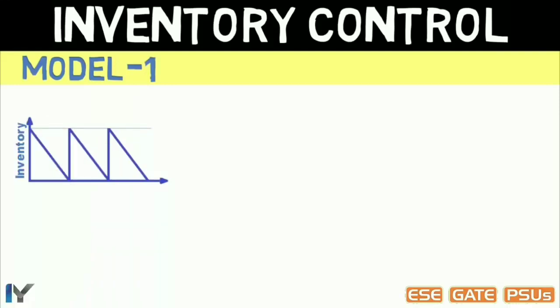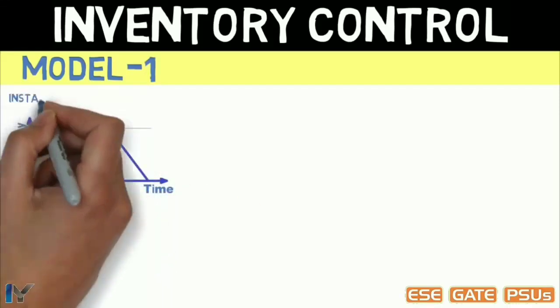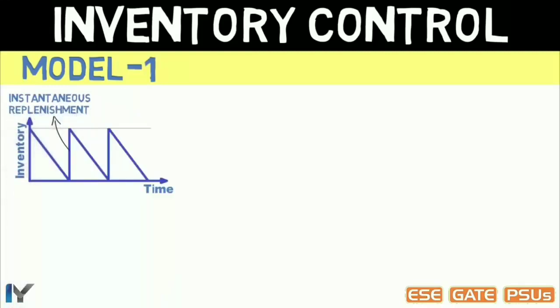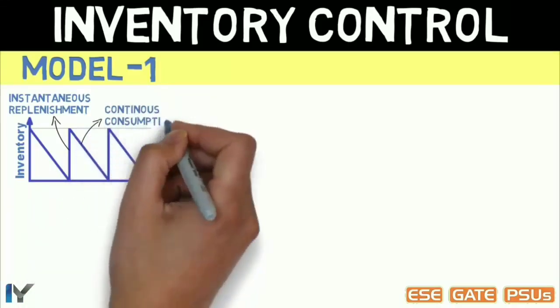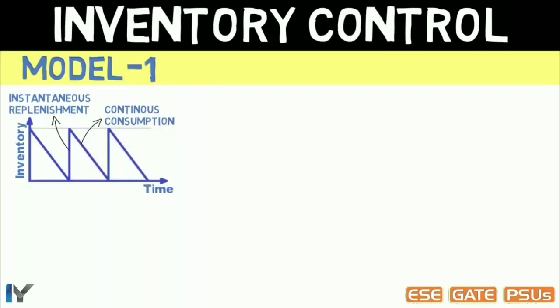First model. With the help of this inventory versus time graph, we can clearly see that this model deals with instantaneous replenishment, shown by a vertical line, which means that as soon as our previous stock ends completely, we will place an order, and that order will take zero amount of time to reach our inventory. That is, lead time will be zero, and the consumption of the stock will always be continuous. This is an ideal case, hence not used generally.